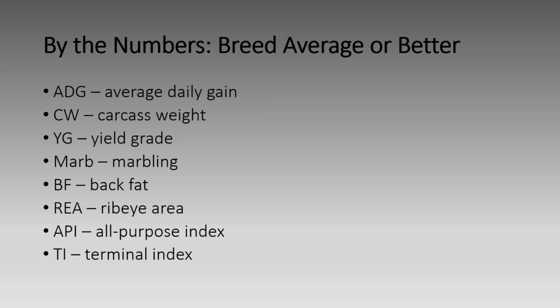And then I also did look at both of our selection indices. I looked at API and at TI. And so remember that for the all-purpose index, we're talking about using, say, a bull on a set of Angus-based cows. We're going to keep replacement heifers from his progeny and send the rest to the feed yard and sell them on the rail. Whereas in the terminal index, we're looking at sending all of the progeny of an animal to the feedlot and then selling them on the rail. So we're looking at two different things here, but certainly feed yard and carcass performance play an important role in